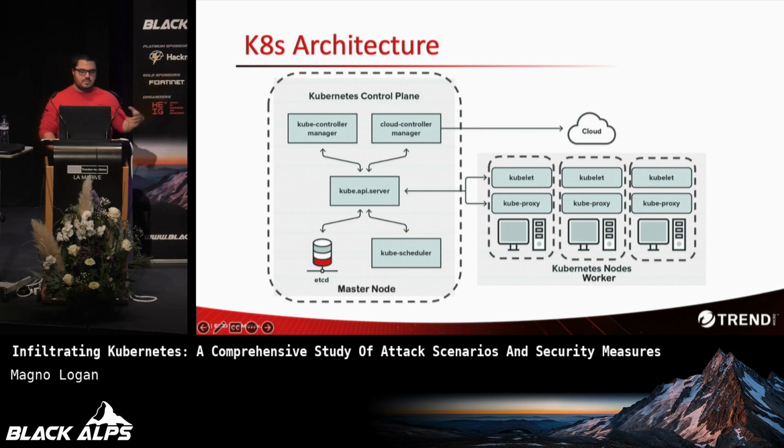The kube proxy is handling the network, either the internal network inside the cluster or external access as well. And the container runtime engine is actually the engine that deploys and starts the container, right? It used to be Docker and now it's containerd by default. Any questions around that? Okay. I know we have questions at the end, but this is very important.